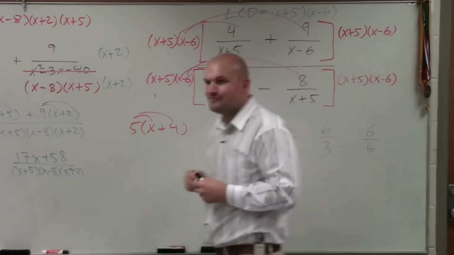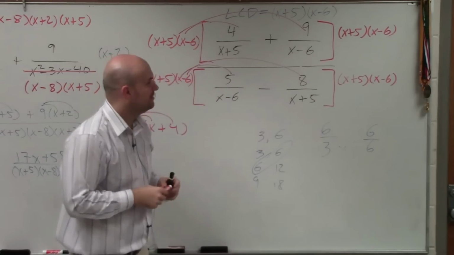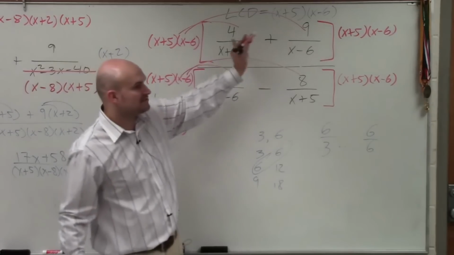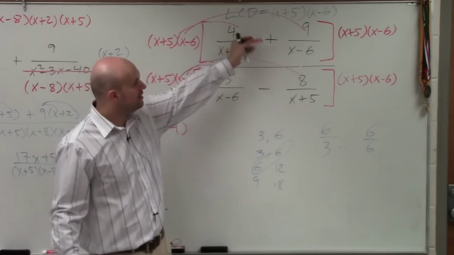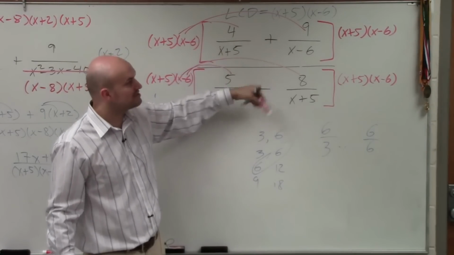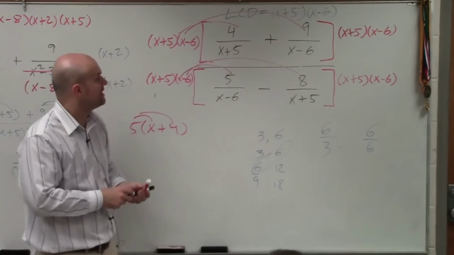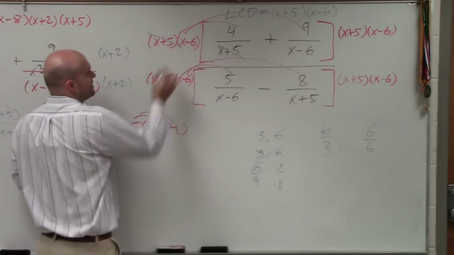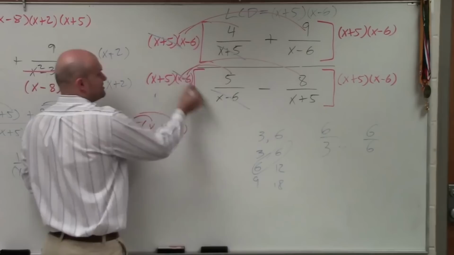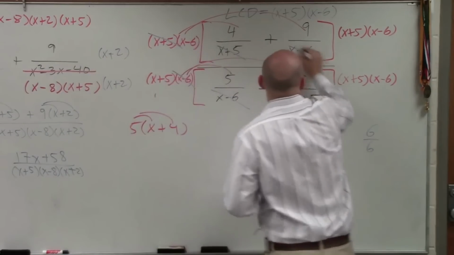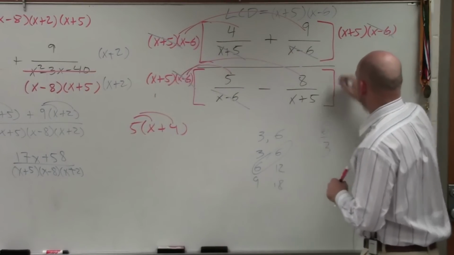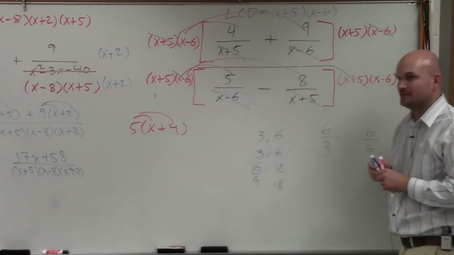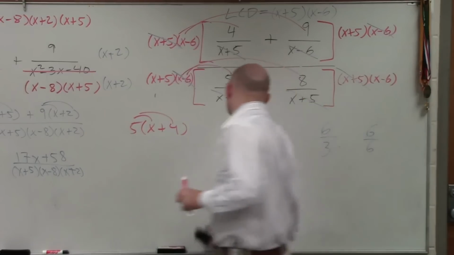Now, let's have fun using the zero product property. For complex fractions, when you have an expression divided by another expression with fractions, multiply everything by the LCD. Let's see what happens. Here, x plus 5 divides into it. Here, x plus 6 divides into it. Here, x minus 6 divides into it. Here, x plus 5 divides into it. So now I'm left with